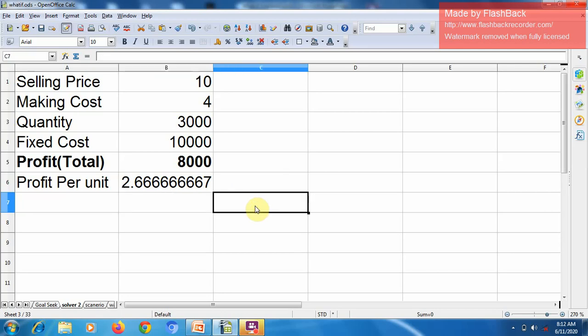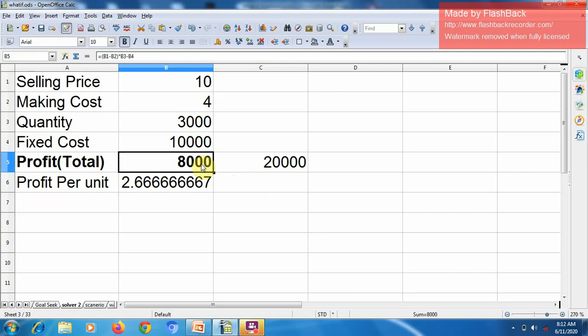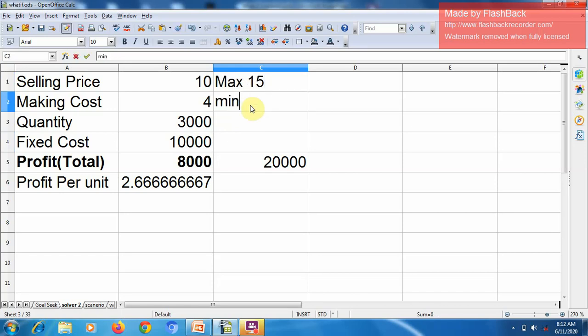Okay. Now in solver, if we want profit 20,000 in place of 8,000, then we have three options. We can change selling price, making cost, quantity, but we cannot change fixed cost. Okay, for this we can also set up some conditions. Conditions are, if I want maximum selling price 15 and minimum cost price 3 for achieving profit 20,000, then